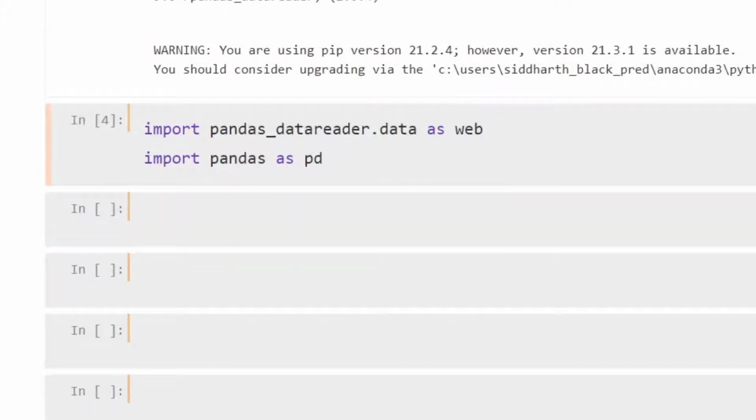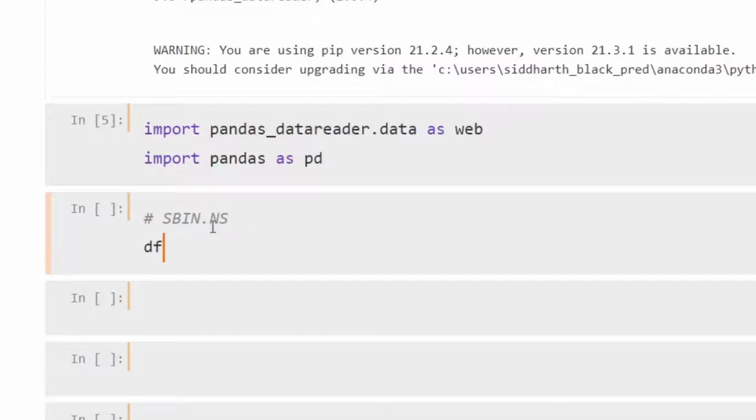Okay, so now Pandas is ready. Now let's import data for SBIN as we saw in the previous examples. The code for SBI is SBIN.NS. Okay, let's define this.